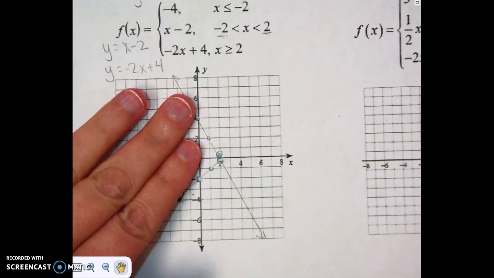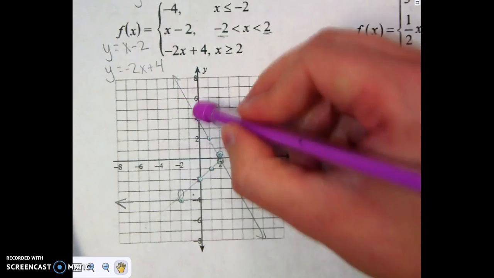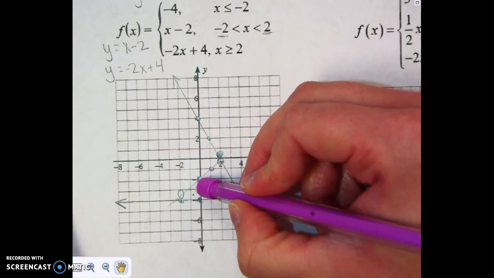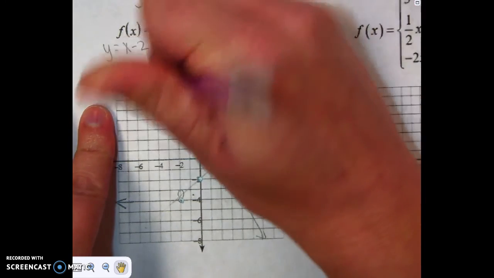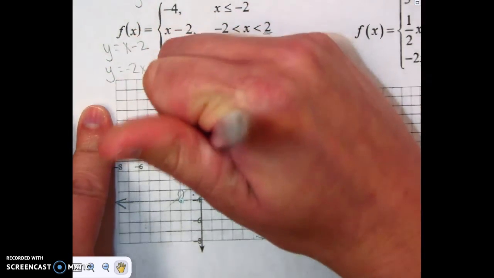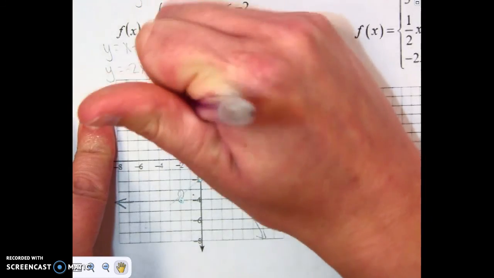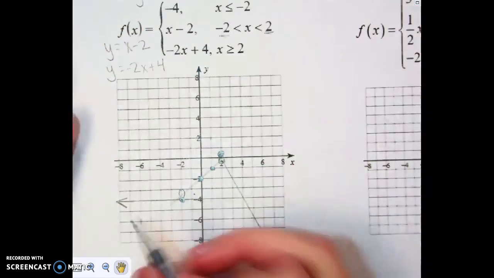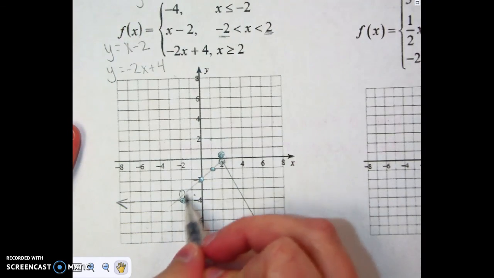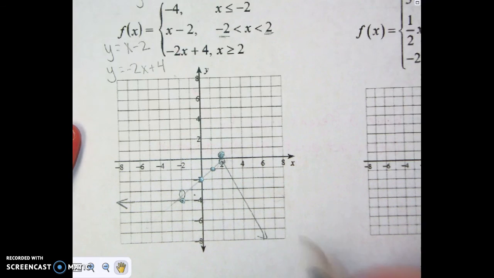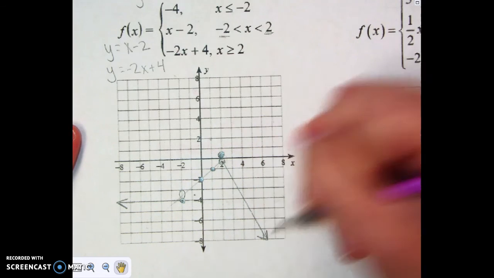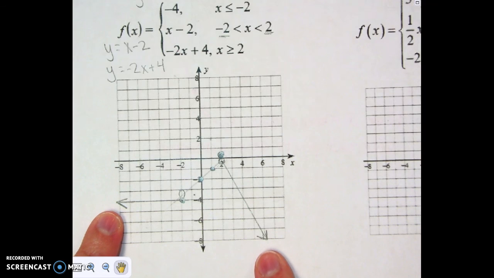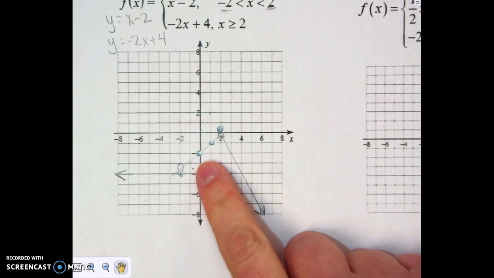So I need to get rid of this. And you can see that it can't be above or below another line that's already part of your answer. So this is going to go away. So your answer is here, here, and then here. Make sure you do your arrows on both of these ends. The one in the middle did not have to have arrows because it ends